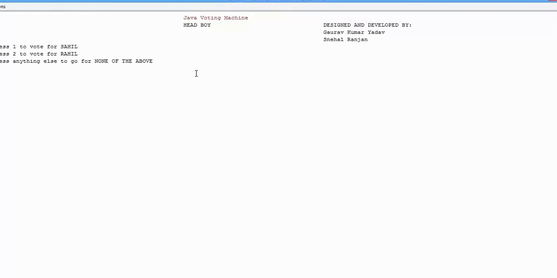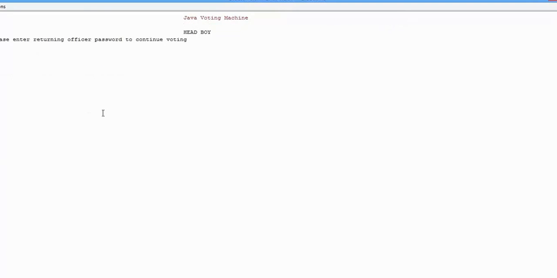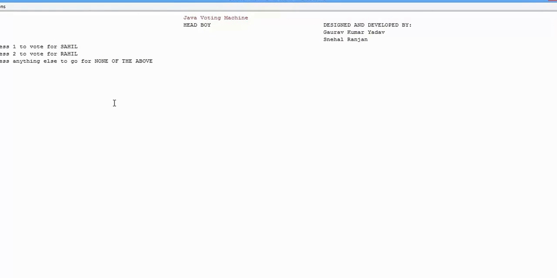Let's vote for NOTA. We enter a multiply sign or any other sign that we want. We can enter any character or any number which is not among the preferences. Enter. You have voted for none of the candidates. Now again enter your password 11. Enter. Now if we want to end the voting procedure, we have to enter the 4-digit personal identification number, that is the password. We are now going to end the procedure.